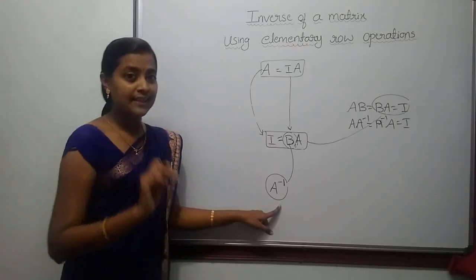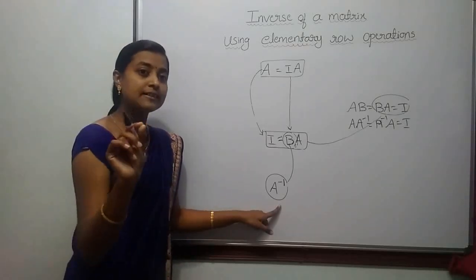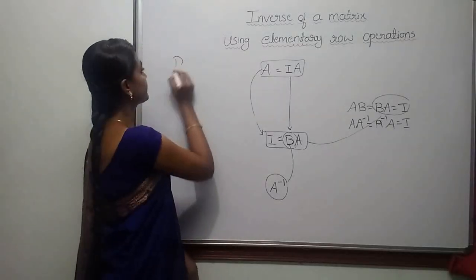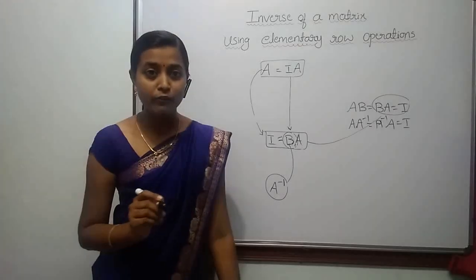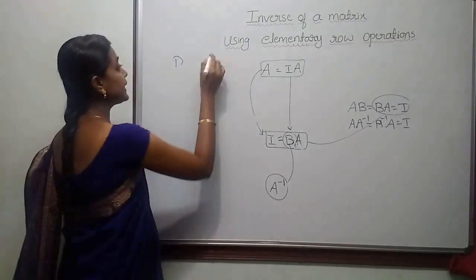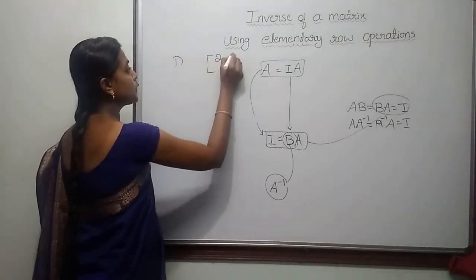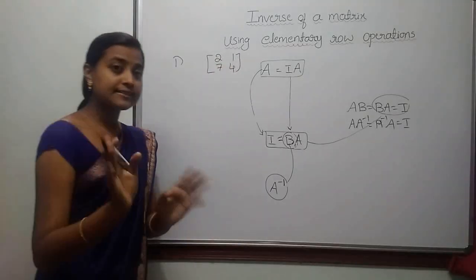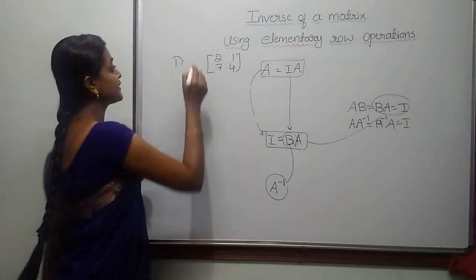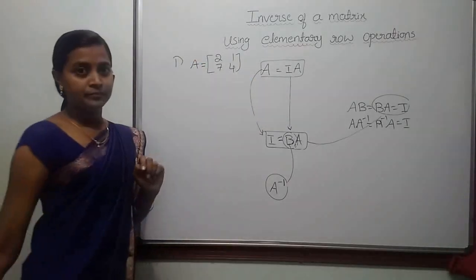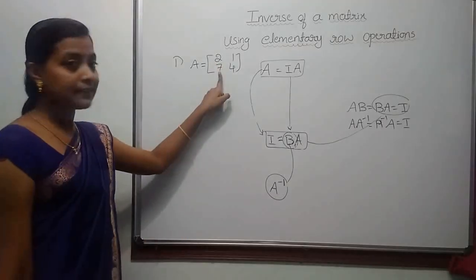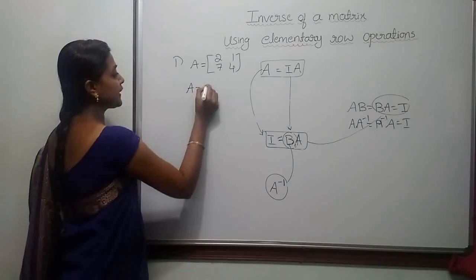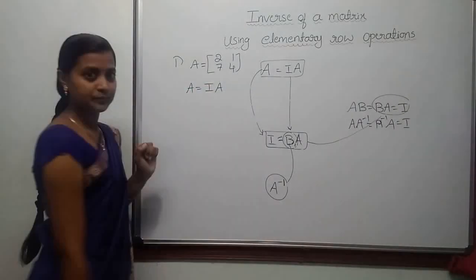Let us solve some examples and also we will discuss important tricks. First one, find the inverse of matrix A containing the elements 2, 1, 7, 4. First, let us consider the given matrix as matrix A. Now, what is the method to find the inverse of A? First, we write this equation. So, I will write the equation A is equal to I into A.